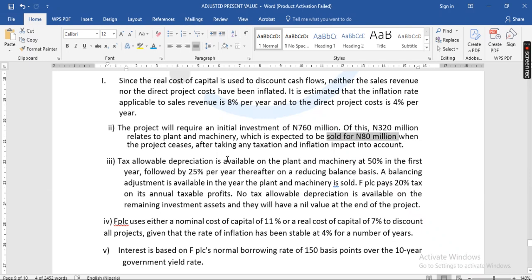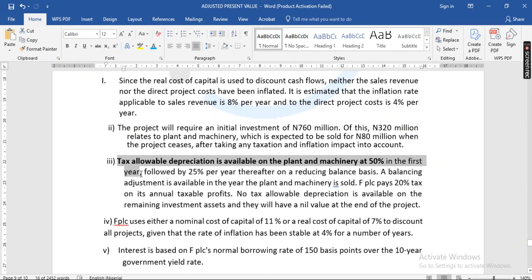Tax allowable depreciation is available on the plant and machinery, which means there will be tax allowable 50% in the first year. In the first year, the plant and machinery is 320. You will not charge capital allowance on the 760. You were told that the plant and machinery is 320, so when you want to charge, it is tax allowable. So you charge your capital allowance in the first year, 50%,